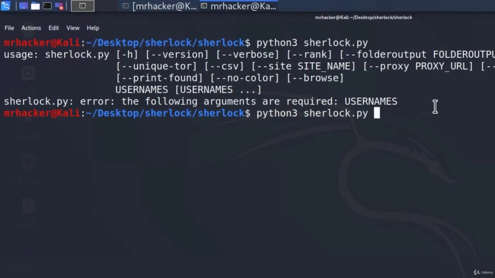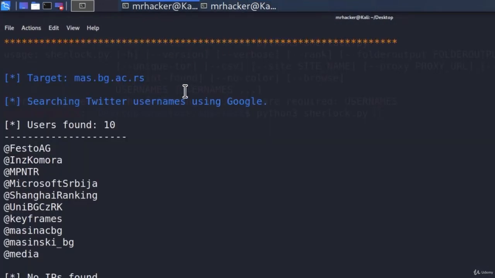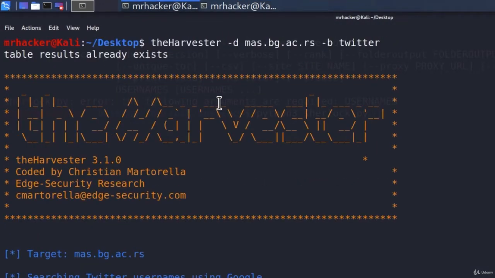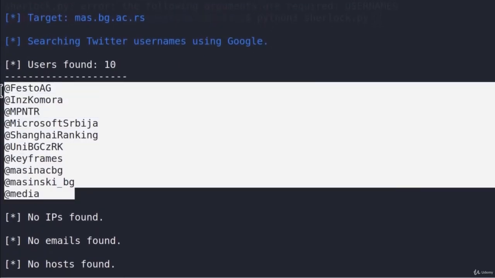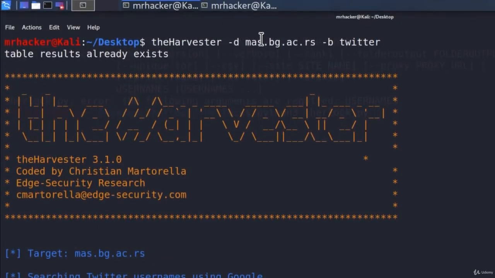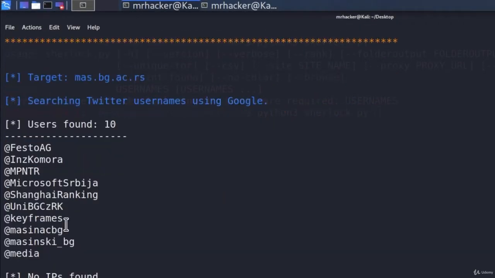It didn't work once we tried it out, but what I did a few minutes ago is I ran the command on the same domain that didn't work previously. I also put the source to be Twitter, so it managed to find 10 users that have Twitter, and these users are discovered from this domain. If I go and copy any one of them, and let's go with keyframes,